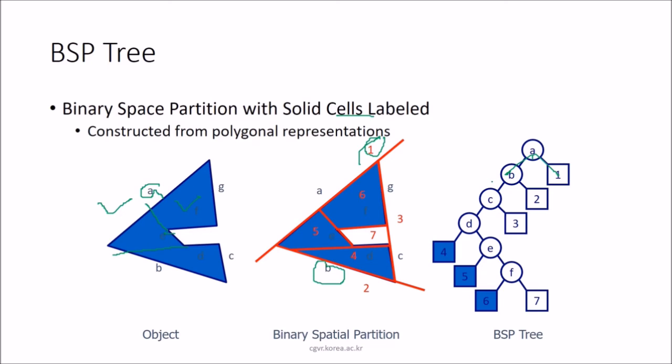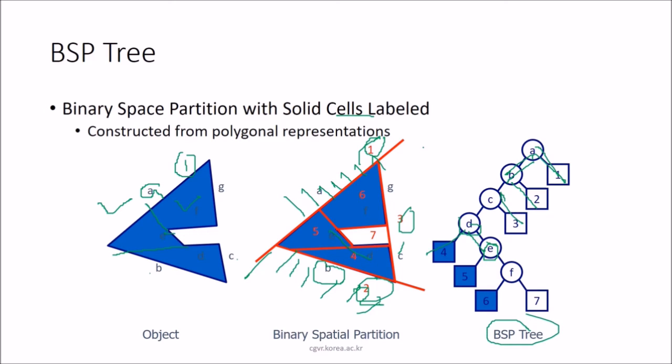See, this B, F, E, D, A, G, C, B, all these are surfaces. So now we are naming them. We are making it 1, and whenever we partition it, we make this area 2. This is another area. This is another area. So now A is 1, and when we come to B, because A is partitioned into B, B is given the number 2. When we come to C, C is given 3. D again 4, D is distributed into E. Now see, D is on the left and right. So this is how we make a BSP tree, binary space partition tree.